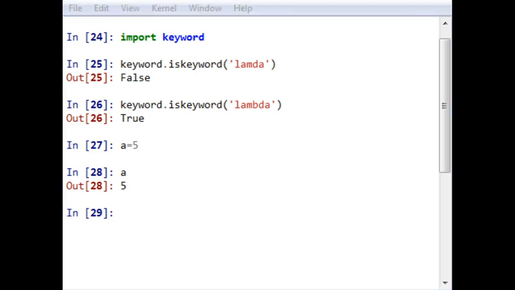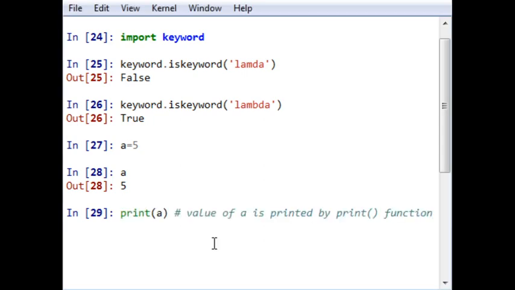Now if I use the print a command, this is the value which has been printed using the print function. See the difference. When you directly put a variable, it will write an output, but when you use the print function, it will show you a printed output. This shows that it is just a display. It is not allocating any memory. Here memory has been allocated to this variable as an output, but here it is just showing a printed value.